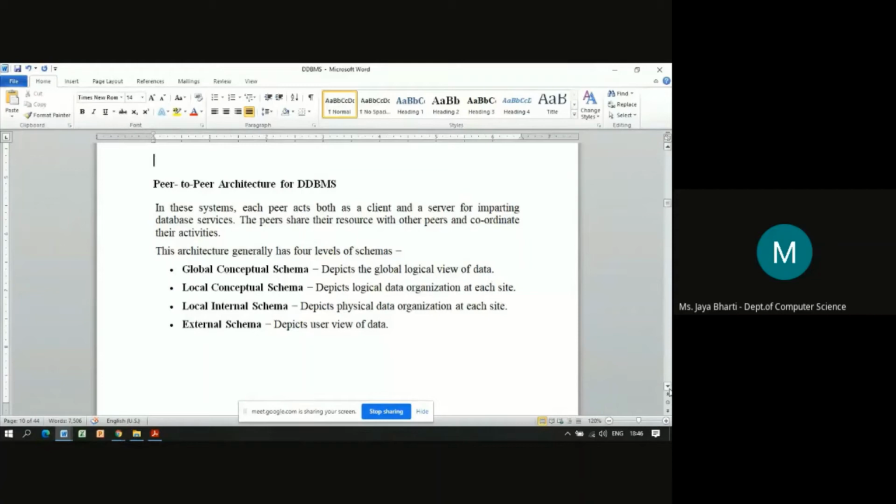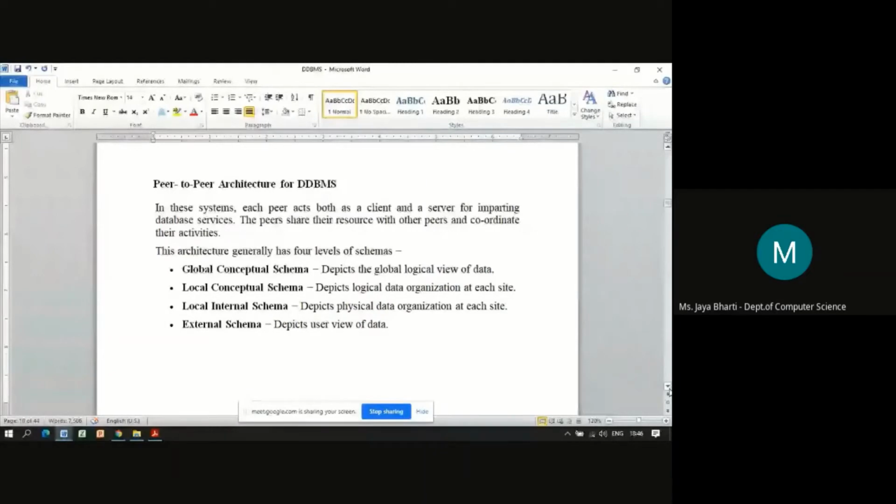So the global conceptual schema in a distributed database management system represents the global logical view of the data, which contains the logical view or the schema of all the local databases. And the local conceptual schema will be only for that particular area or branch at the local level. It depicts the logical data organization at each site, so it will have only the details of that particular database.